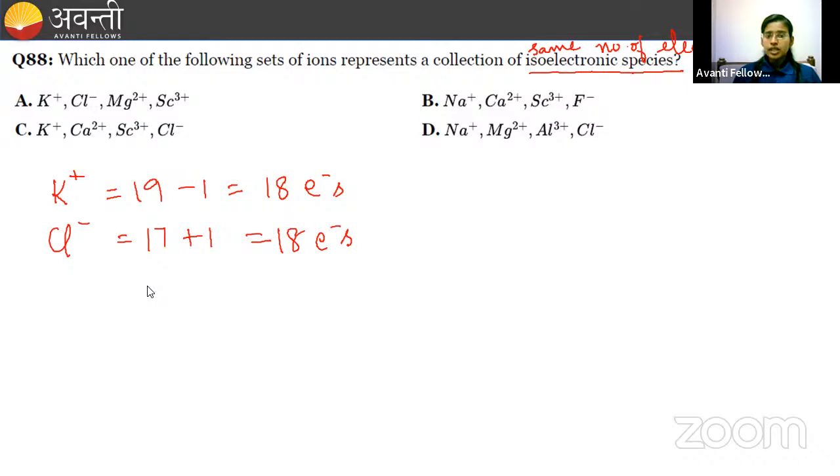Then coming to magnesium 2 plus, the atomic number of magnesium is